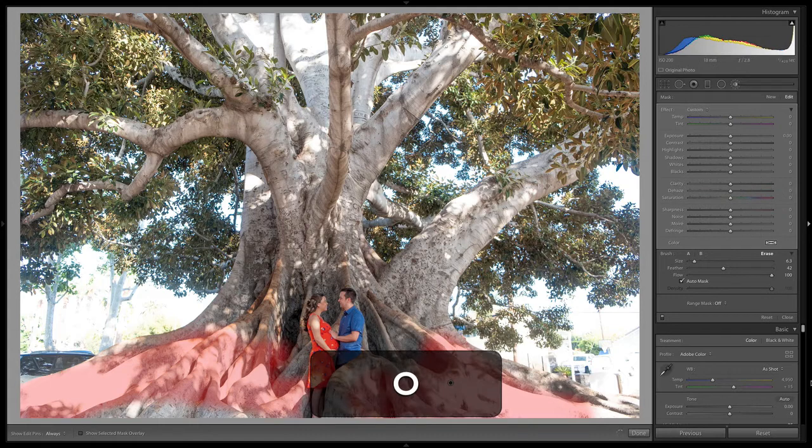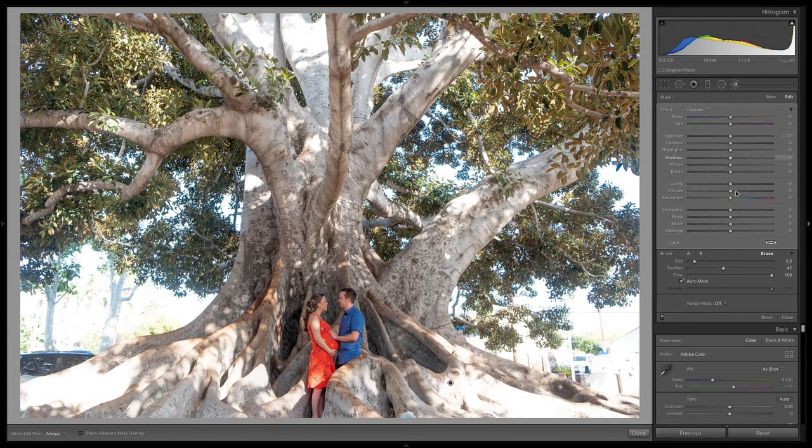So now with all of this selected down here, I don't want to get her leg, actually. Let's see if there is any information in these trees. So let's bring down the whites. And when you bring down the whites, if it's overexposed, you can tell because it starts to make everything gray. So there's not much information in there. The highlights though, bringing down the highlights does help just a little bit. So that's a quick trick. If you bring down the whites and it starts to look gray, that means it was overexposed, and the only thing Lightroom can really do is make it more gray. It's not going to bring back any more information.